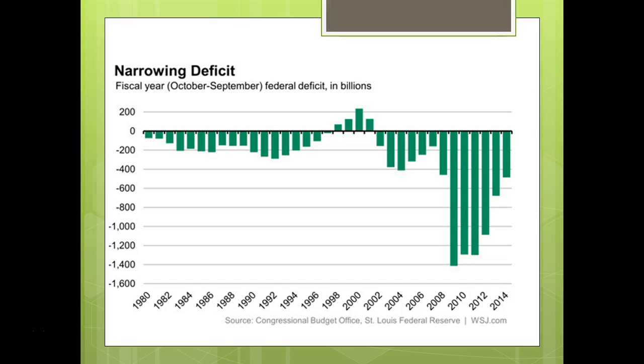We've been in deficit for a long time. Only in the late 1990s, in the year 2000, did we actually have the government having a surplus, where the government took in more money than it spent. And lately, after 2001, because of the wars we were fighting, and then after 2008, because of the recession, where the government decided to use Keynesian economics to try to stimulate the economy, the government borrowed money and spent a lot of money to try to get aggregate demand to go up again and to get the economy